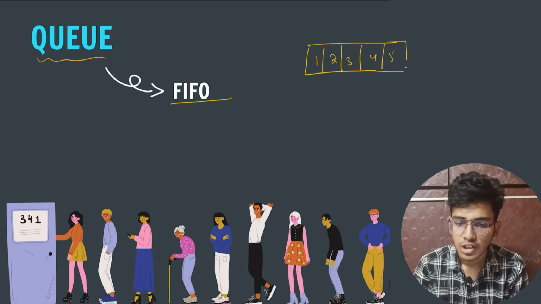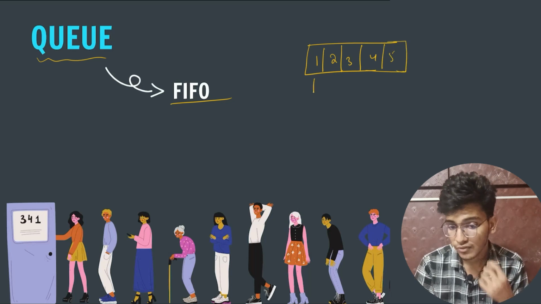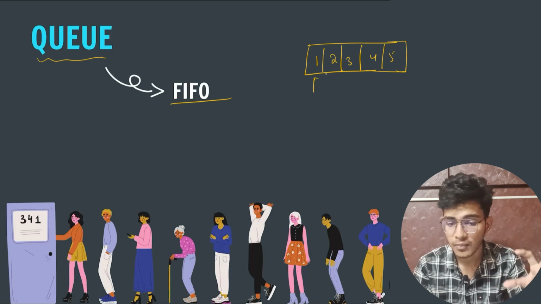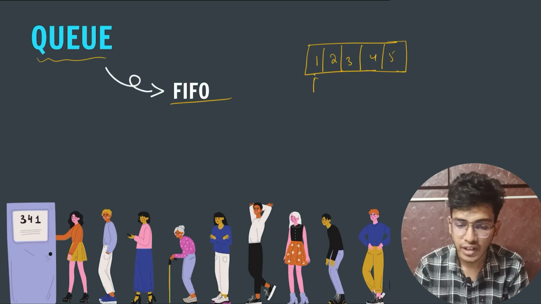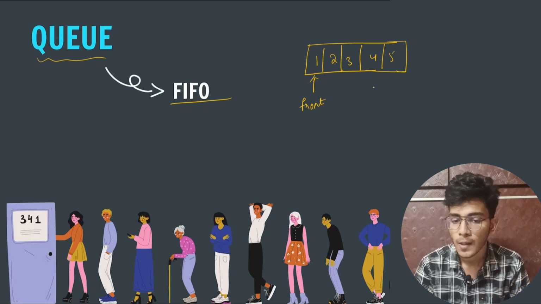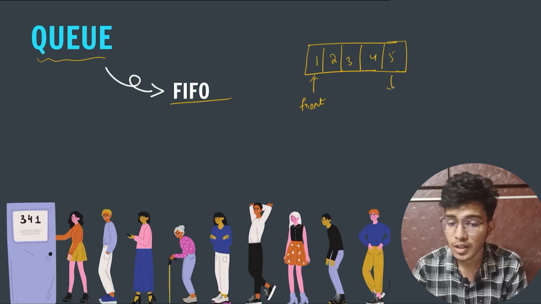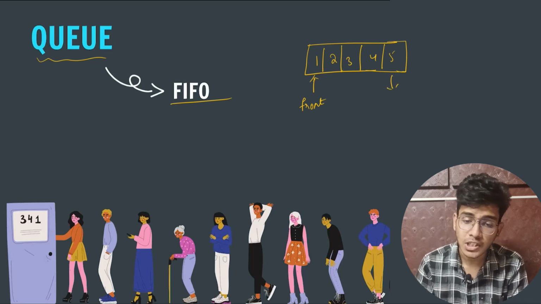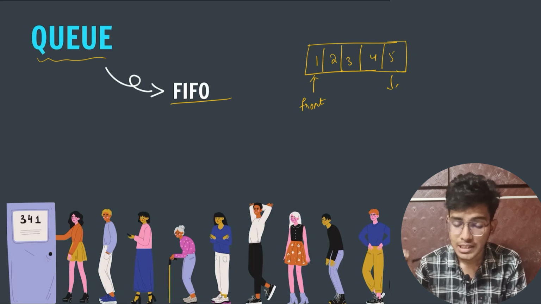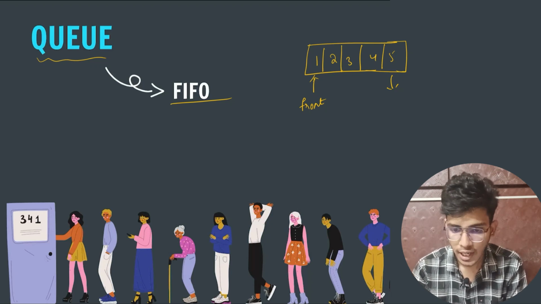The front side of a queue is known as front. There are some terminologies which we need to understand in order to perform operations in a queue. And the last element, or the element added at the last, is known as rear,